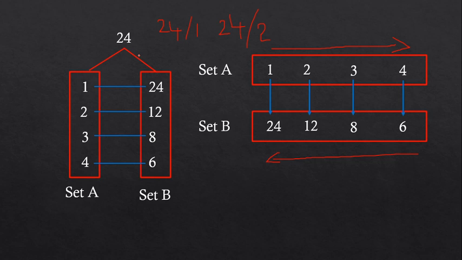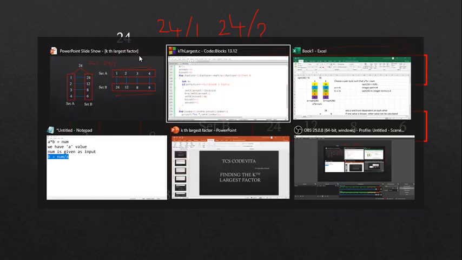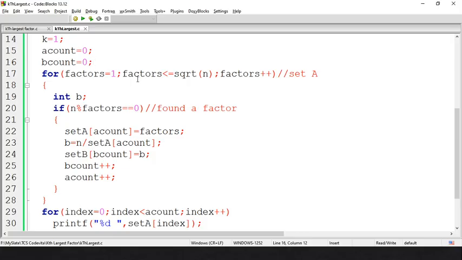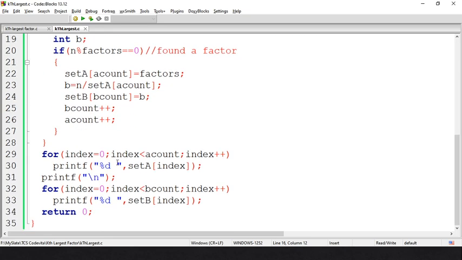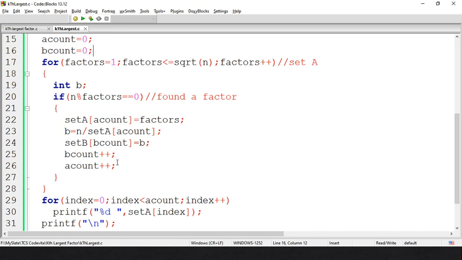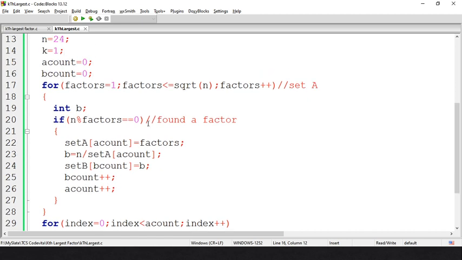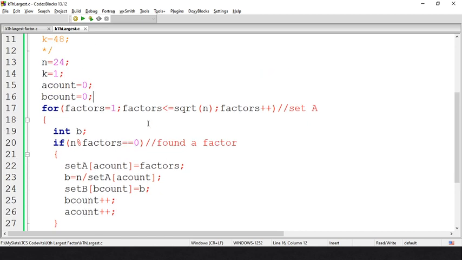So if you look at it, there is still one more thing we are missing here. When I calculate the factors, there is a mistake I'm doing. Can you identify that? When I calculate the factors, there is some mistake I've done here. This shall not work for all the numbers. This will fail for some numbers. Can you identify for which number? I have done this for 24.